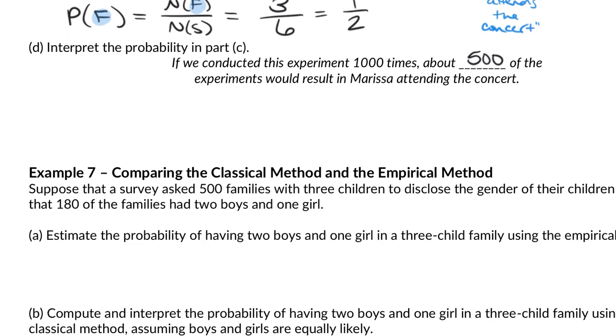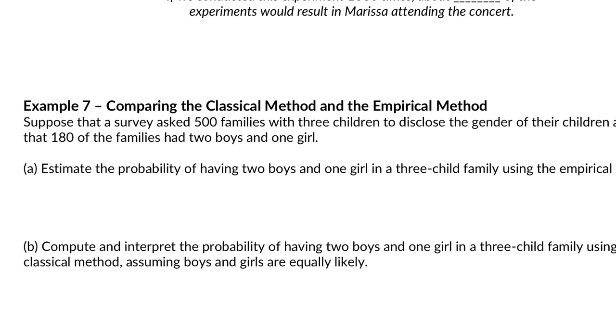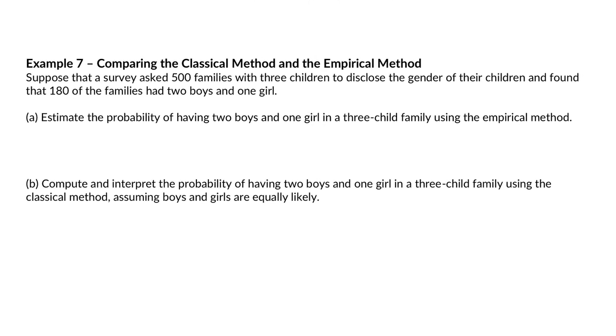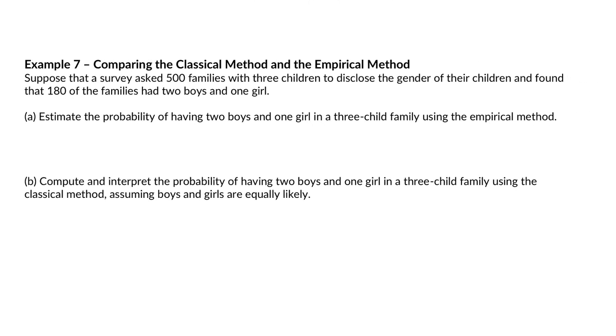Let's see another example here. We have choice, classical and empirical, and we're going to combine them together. Suppose in a survey that we ask 500 families with 3 children to disclose the gender of their children and found that 180 of the families had 2 boys and 1 girl. Using the empirical method, we're going to estimate the probability of having 2 boys and 1 girl in a 3-child family. Empirical method means we're actually using the survey data. So the probability of E, and E being that we have 2 boys and 1 girl,